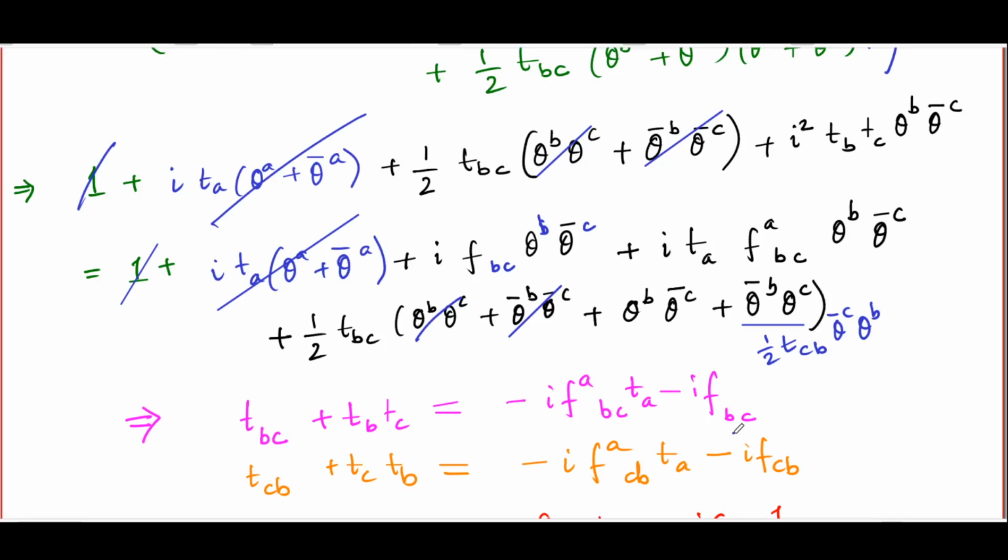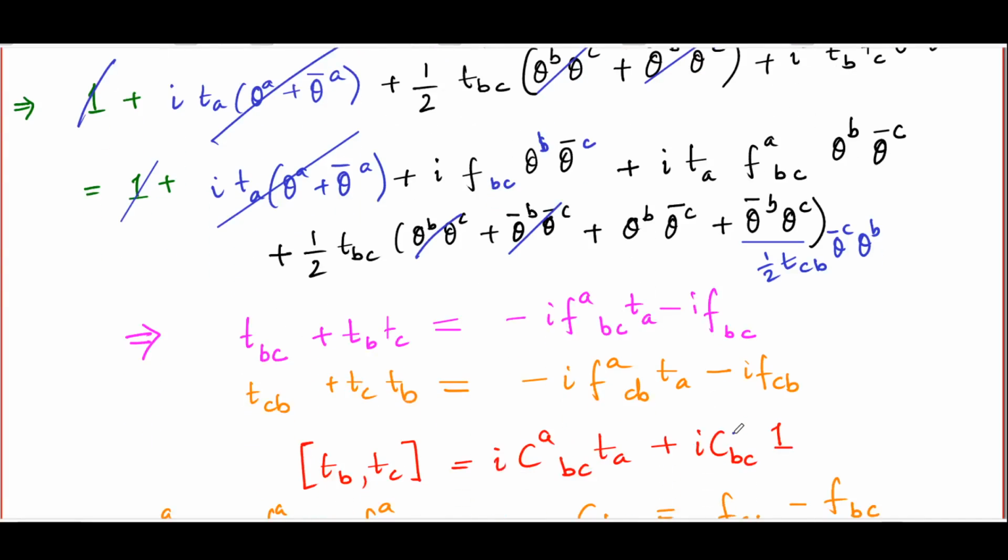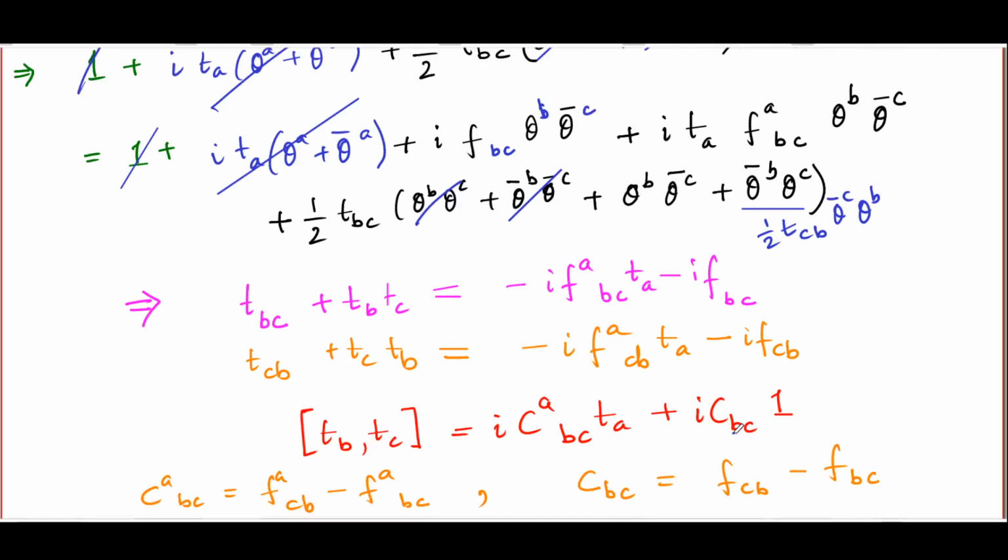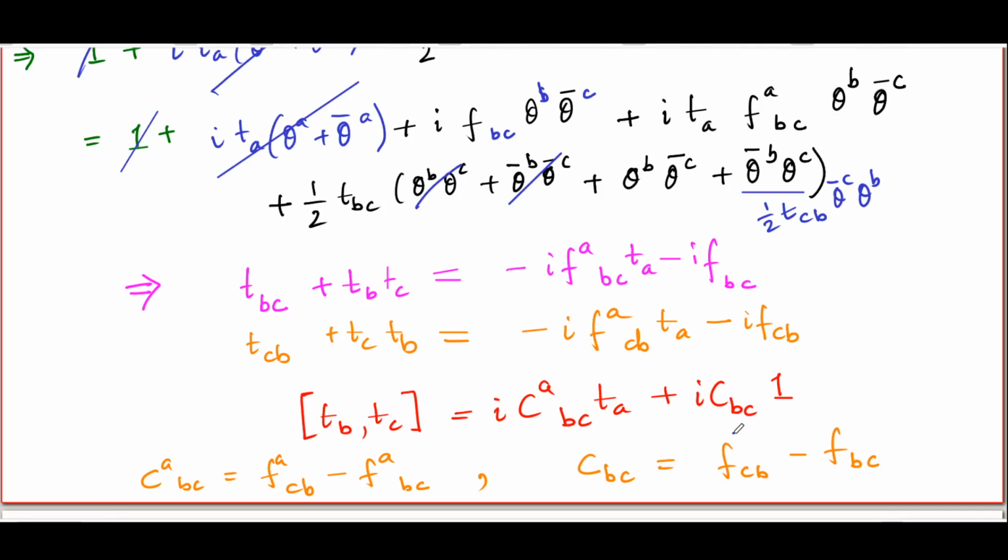What we did earlier with the non-projective representations, we can repeat once again here. Notice that we do know that TBC and TCB are equal. This equation that we have written down tells us that once we interchange B and C, we get TCB plus TCTB is minus iFACBTA minus iFCB, and subtracting the two immediately gives us this very, very important result. The TBC and TCB cancel out and you have the commutator of TB and TC, and it works out to be something times TA,